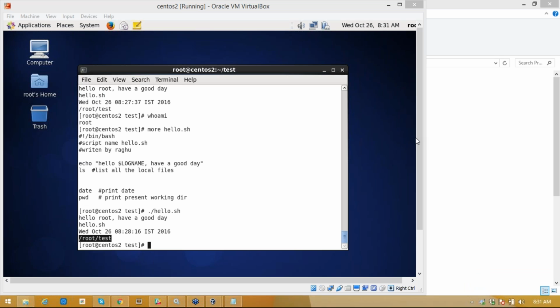So give the right user permission, using chmod, and then execute it. Yeah, I'm just trying it. Yeah, let us go forward. Sure.